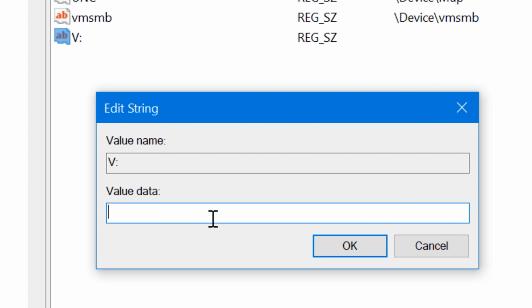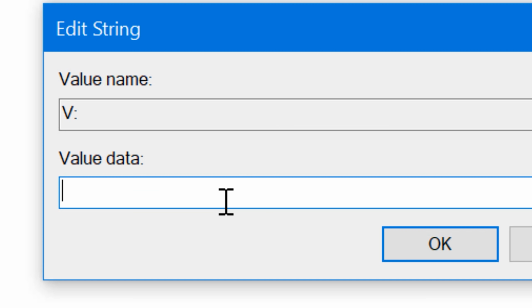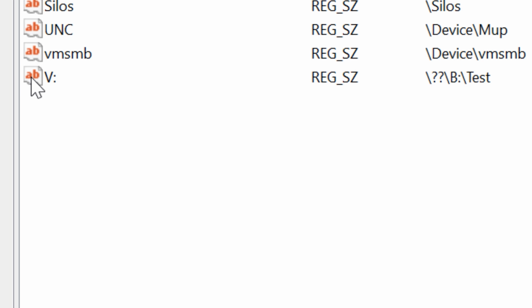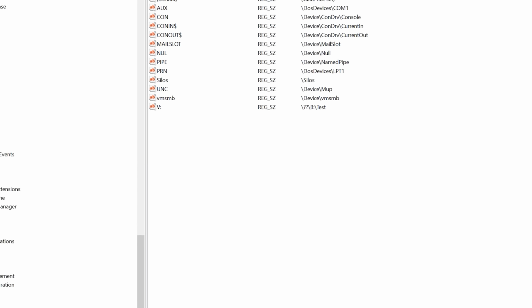And this is where you will type in the data to basically mount the drive. And this is different from the subst command. It'll do the same thing, but it'll start earlier in the boot process and the login process. So what you have to do is type it in this way. So you do backslash, backslash, question mark, and this is the UNC path format if you're not familiar with it. So \\?\ and then the drive letter that we're going to go into. So B:\test. So it'll just look like this. We hit OK, and then after the reboot, it will show up.